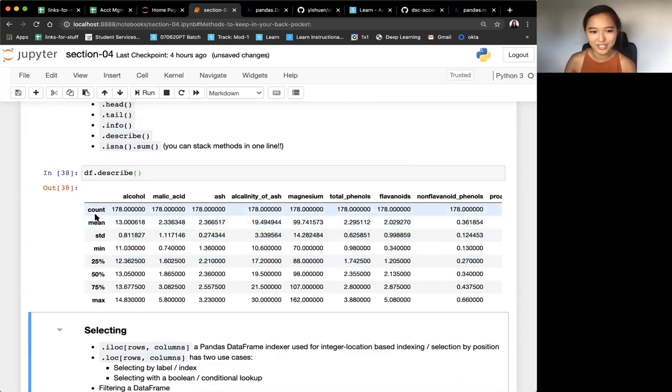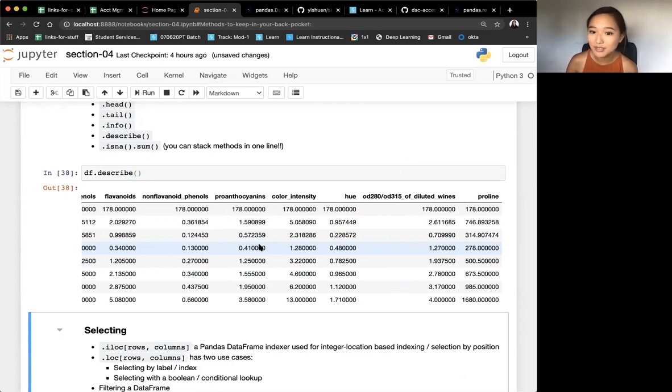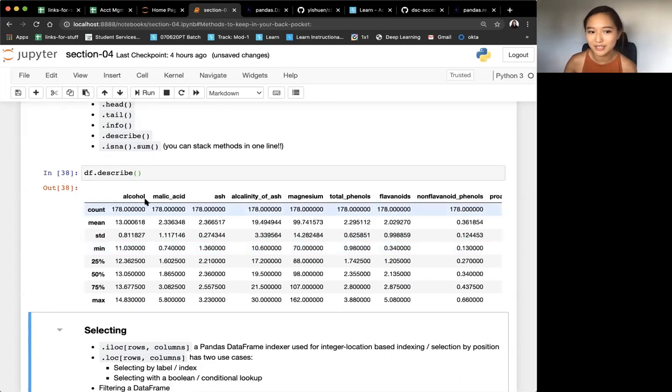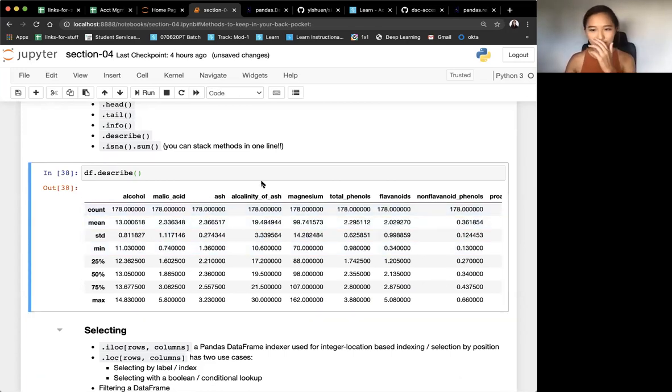df.describe, you can see here for each of the columns. These are all the same columns that existed in our data frame. They give you summary statistics. I think at the end of section 3, we talked about summary statistics. I didn't really talk about it too much in the study group, but they tell you how many rows there are, what is the average value, standard deviation, smallest value, minimum, maximum, and also the percentiles, the interquartiles and